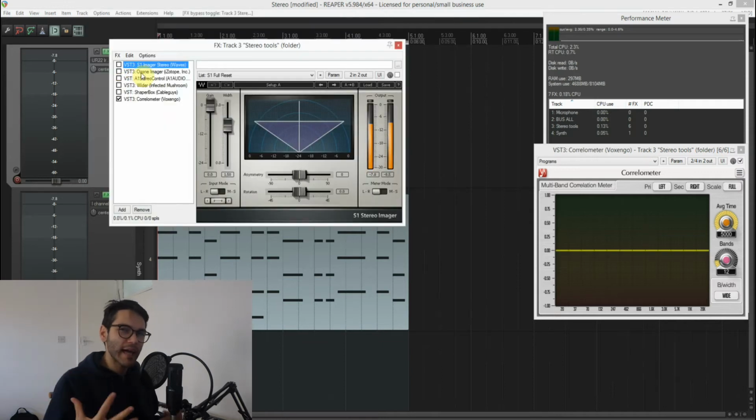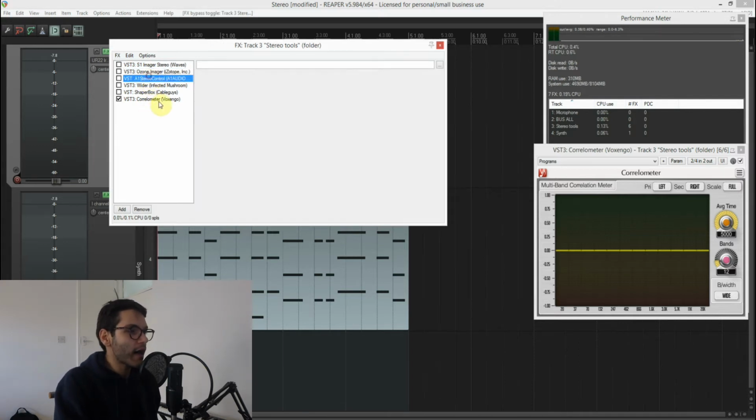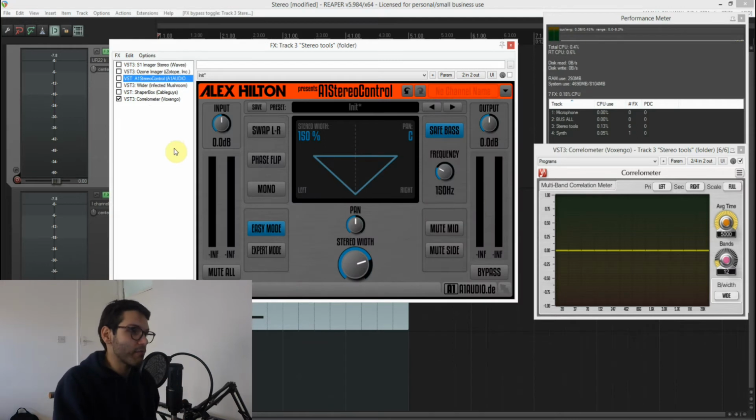I have some of the classic ones here. I have the S1 imager from Waves. I have the free Ozone Imager from iZotope. I have an awesome free plugin made by Alex Hilton called the A1 Stereo Control. And this one's quite interesting because it has a save bass button. So basically it tells everything below 150 hertz in this case, but you can't change it, to go mono,